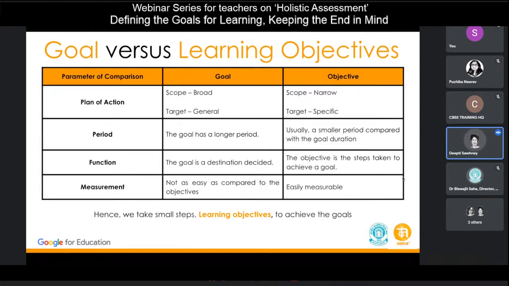So I'm now going to enumerate the differences between the two. हमने curriculum की बात करी, फिर हमने big picture की बात करी जो goal है, और फिर हमने गोल में से लर्निंग ऑब्जेक्टिव्स जो हैं वो कैसे निकलते हैं, क्या होते हैं, उनकी बात करी। सो हमारे पैरामीटर्स ऑफ कंपैरिजन जो है, फर्स्ट जो है वो है स्कोप और टारगेट। जो आपका गोल होता है उसका जो स्कोप है वो ब्रॉड होता है, ऑब्जेक्टिव्स का नैरो होता है। जो टारगेट हम उसको जेनेरिक रखते हैं और जो ऑब्जेक्टिव होता है उसका बहुत स्पेसिफिक टारगेट होता है।